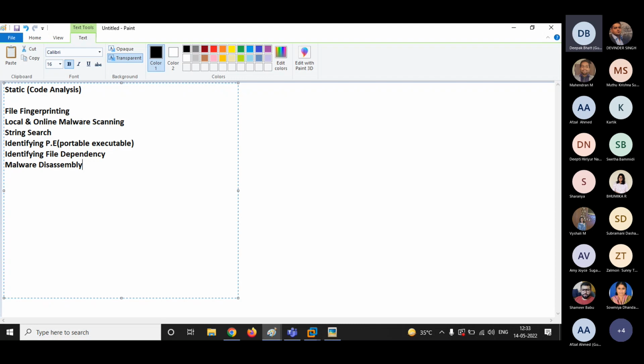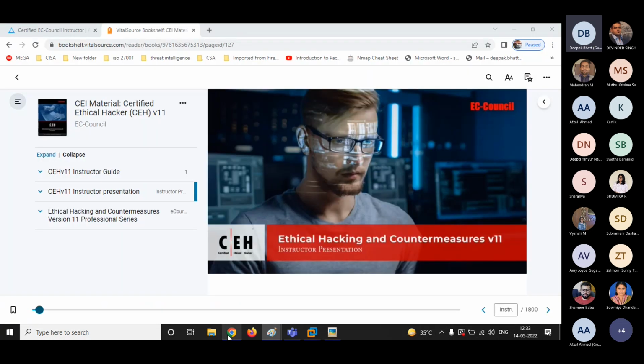All right. So what is file fingerprinting? In file fingerprinting, you'll be calculating the hash of the binary code. Using various hashing algorithms, you'll be creating the hash of the binary code. That is file fingerprinting. Now that hash that you have created, you will search for either locally or online. So the best tool to perform search online is VirusTotal, guys. I will recommend all of you to use it regularly.